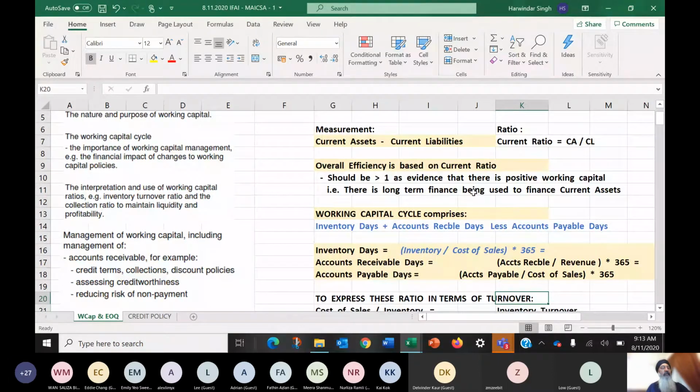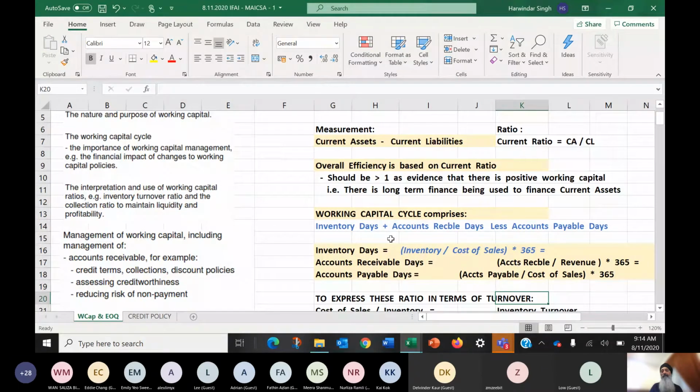Well, yes, that's not entirely wrong, but the real reason from a corporate finance point of view is that we want evidence that there's a buffer of long-term money to ensure that we can pay current liabilities on time and at the same time support the business operations, which are basically the use of the current assets. That is your inventory, if you're an inventory-based business, and certainly the accounts receivable. That is sales.